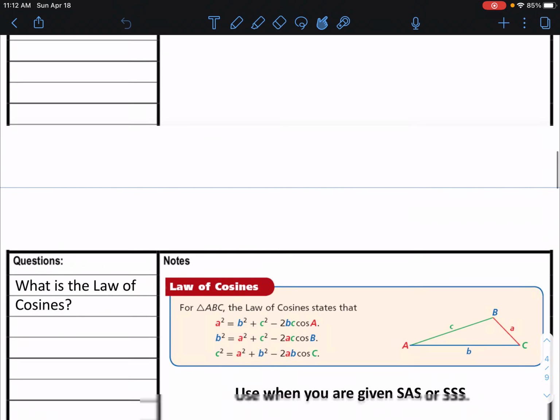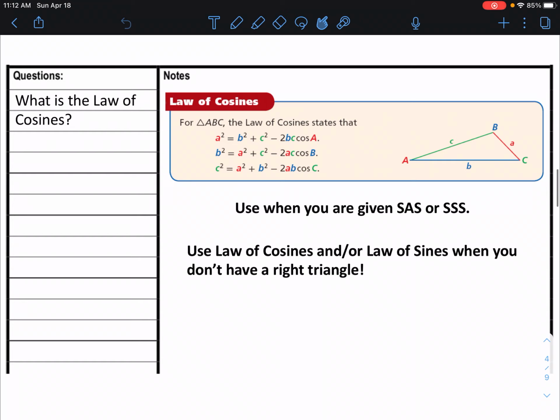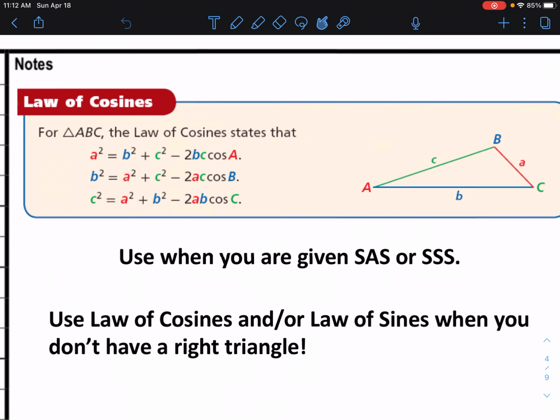Well, here is the law of cosines, and you notice it's rather long. I just want to point out a few different items to make sure we're clear. Let's look at this first one. A squared equals b squared plus c squared minus 2 times b times c times the cosine of A. So if you're looking for side A, then you have angle A here, and then BC, BC. So you have to determine which one to use